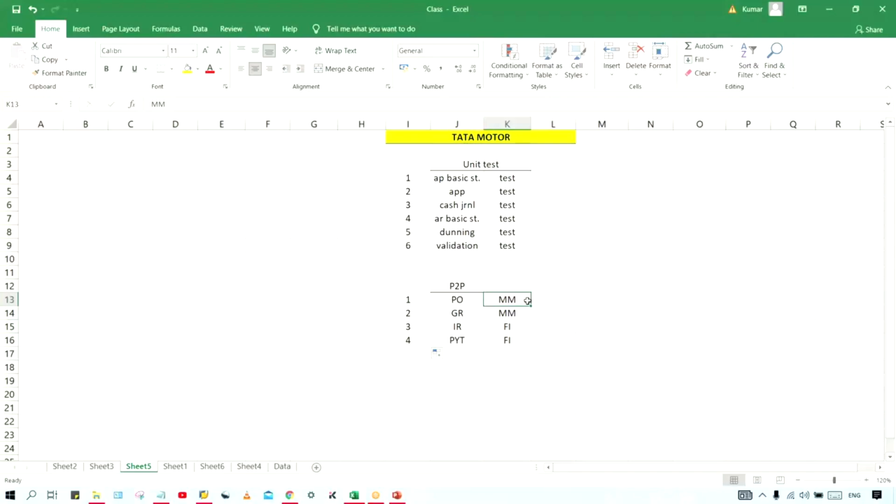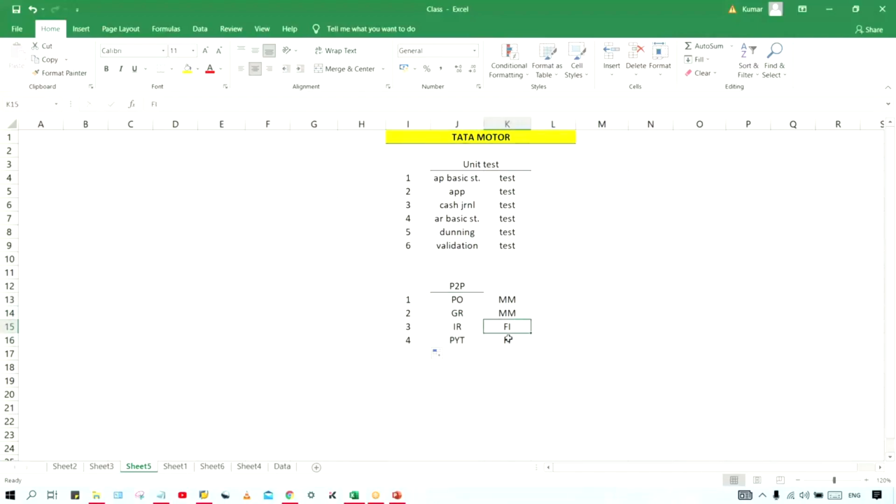Multiple configurations are there, but that is their part, right? But they must complete their configurations. Let's suppose you have done whatever required configurations are there, and they have not done theirs, then the testing will be pending only, because the PO cannot be created, right? And if that cannot be created, then these three processes will not happen. Now, P2P is a classic example of integration test.